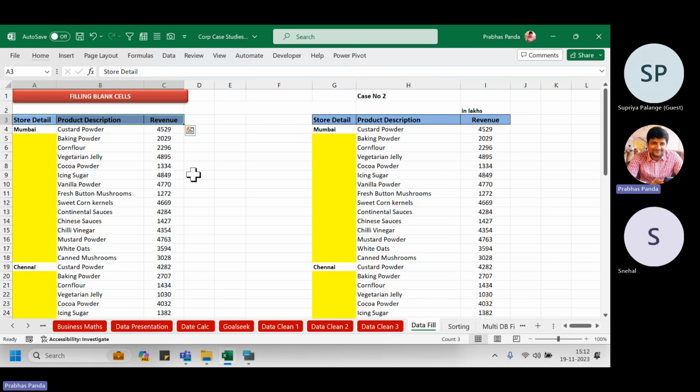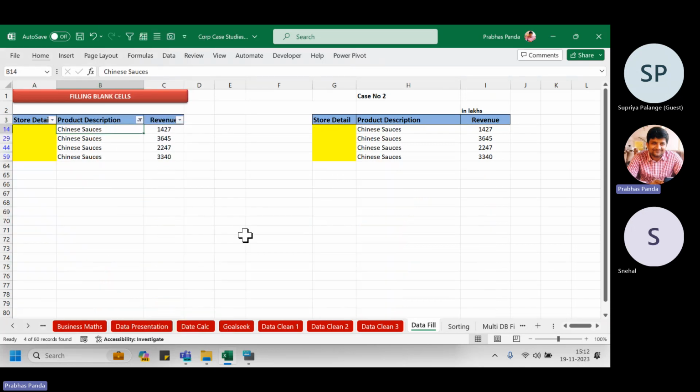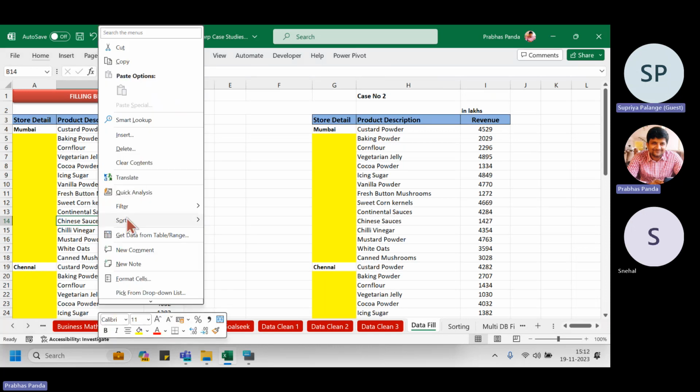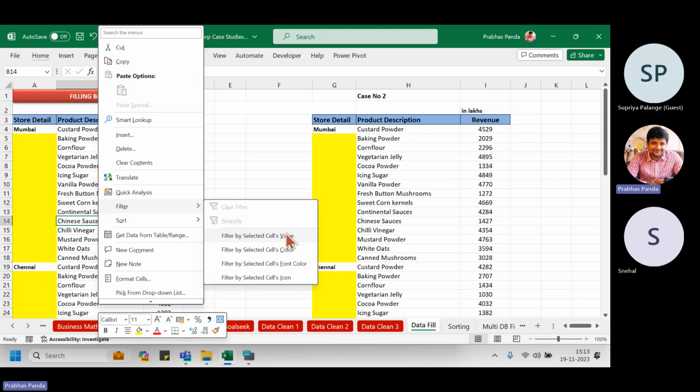तो चलिए, फर्स्ट थिंग फर्स्ट, हाउ टू मेक ए क्विक फिल्टर, लेट्स डिस्कस। देखो मेरे स्क्रीन में एक मिनट, ध्यान से। I will take my mouse, I'll go to Chinese sauces, right click on that, filter, selected by cell value। देखो काम कितना आसान हो गया। सेम फिल्टर बटन एक्टिवेट हुए, चाइनीज सॉसेस रिकॉर्ड्स भी दिखने को मिला, बट मुझे ये सिलेक्ट ऑल डीसिलेक्ट का कोई चक्कर यहाँ पे नहीं आया है। देखा काम कितना आसान। गिव इट ट्राई। गोइंग टू चाइनीज सॉसेस, राइट क्लिक, फिल्टर, सिलेक्टेड बाय सेल वैल्यू।